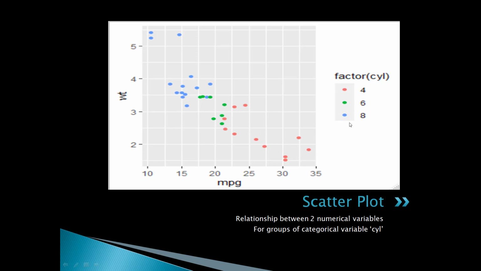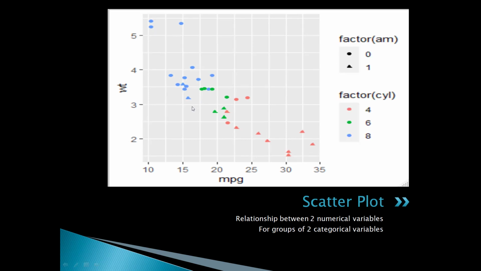But if you look at this category 6, it's not that clear. The slope is not that high and it's not that clear. Probably because we have less data for 6 cylinder cars, so we can't make a conclusion here. But we see we have different patterns for different groups that we can read from this plot. So reading the plot, I'm not spending too much time. I just try to give you some idea what you can do if you have multiple categorical variables in a